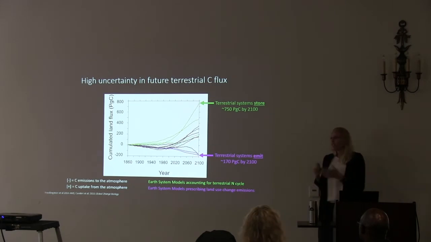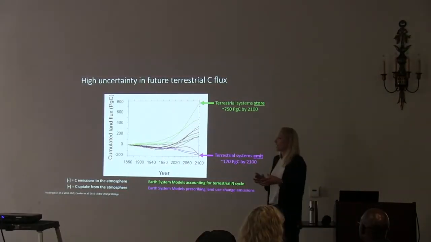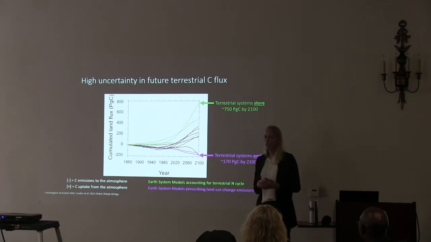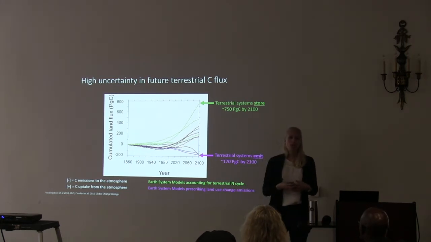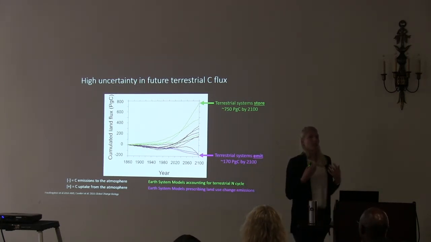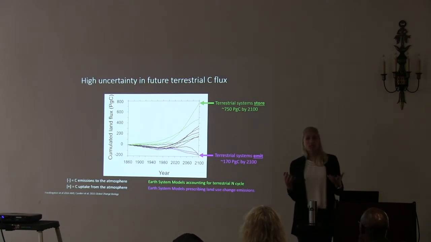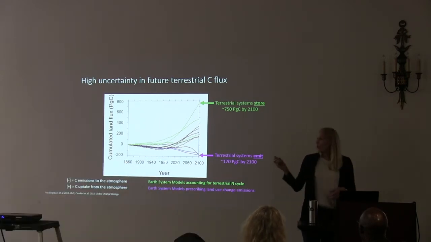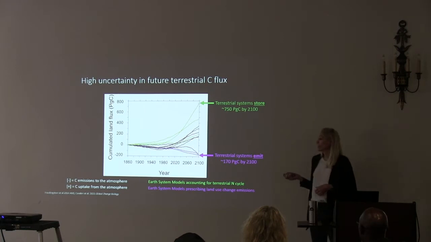And even in addition to the huge amount of uncertainty in how these systems are currently responding to change, there's a huge amount of uncertainty in how plants and vegetation dynamics across tropical forests will respond to change in the future. What I'm showing you here are 11 different Earth system models projected towards the end of the century.